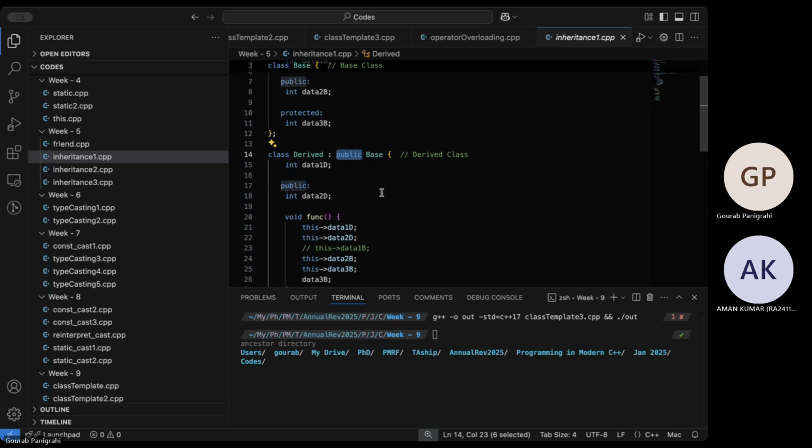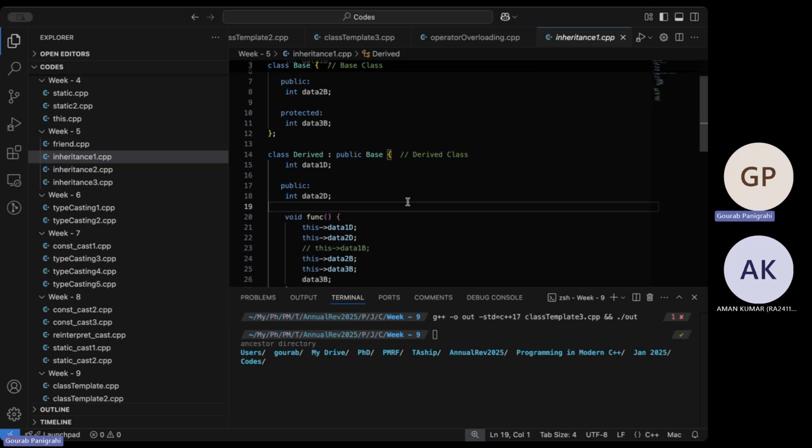Again, you can actually make everything private or everything public.